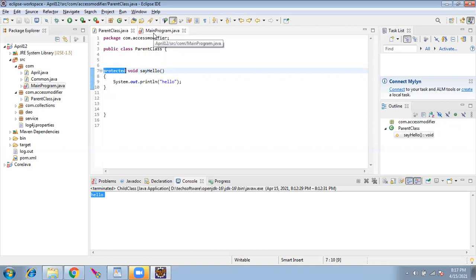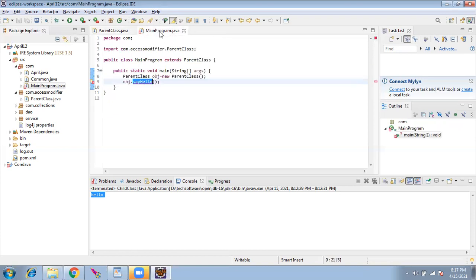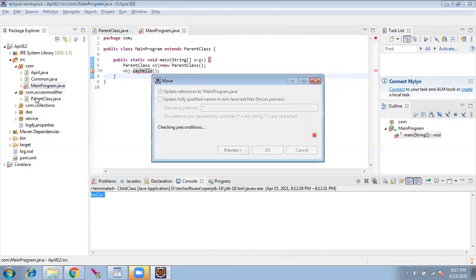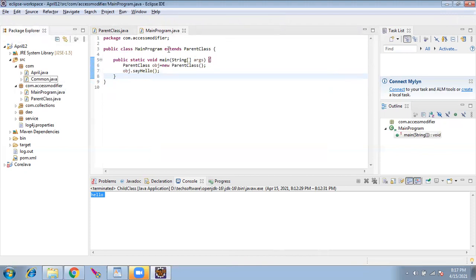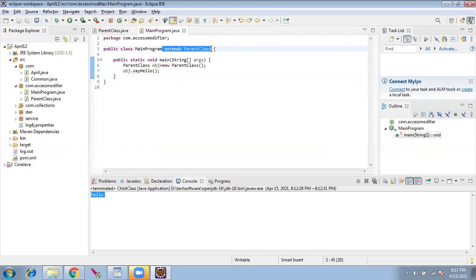No, it is actually correct only. The parent class is protected and the child class is extending the parent class. So I should be able to, maybe inside the main method it is not working. I'll show you an example later. But for now, if it is in the same package, if it is protected, then either extensions will work or in the same package should work.